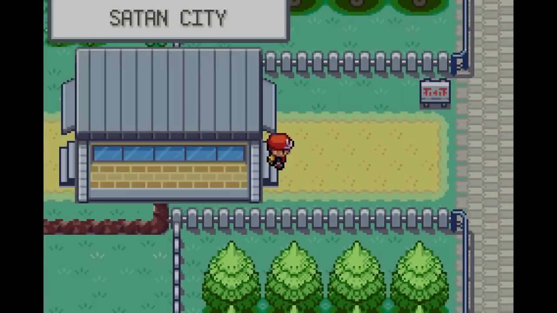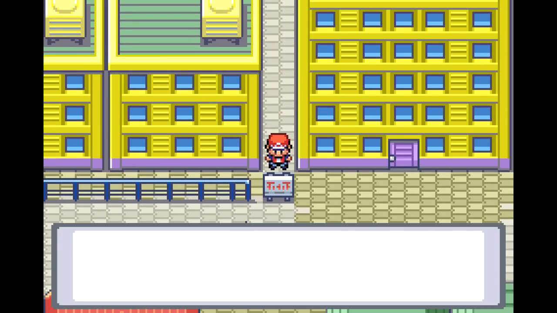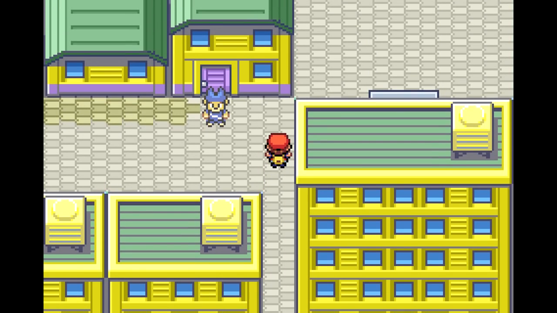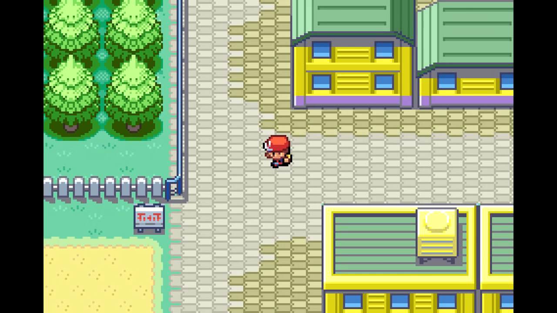What? We're going to Satan City? What is this? Last episode we went to God's Tower and now we're in Satan City? And we got Satan's mansion over there. This city belongs to Team Pilaf. Are you really? What? Okay, well...